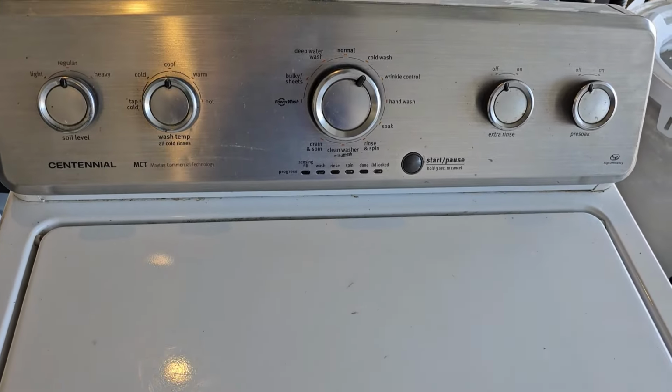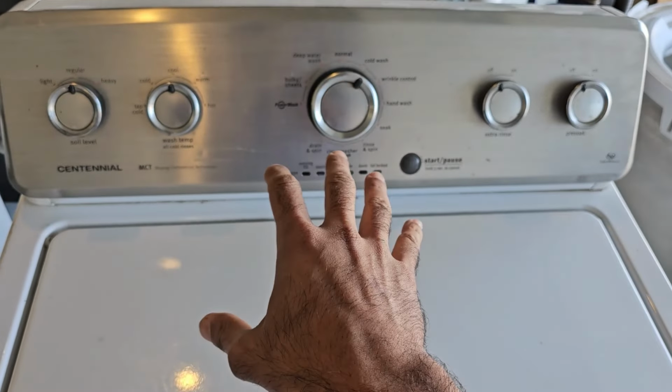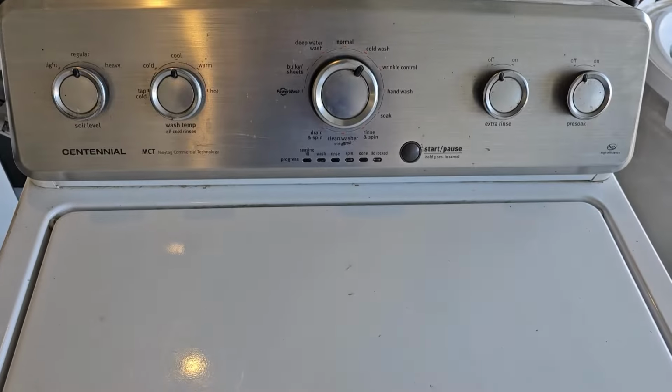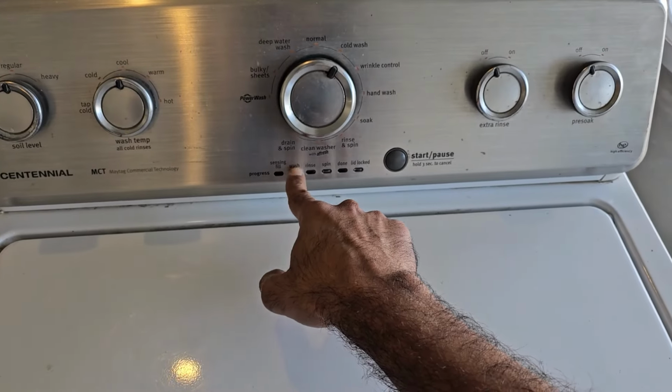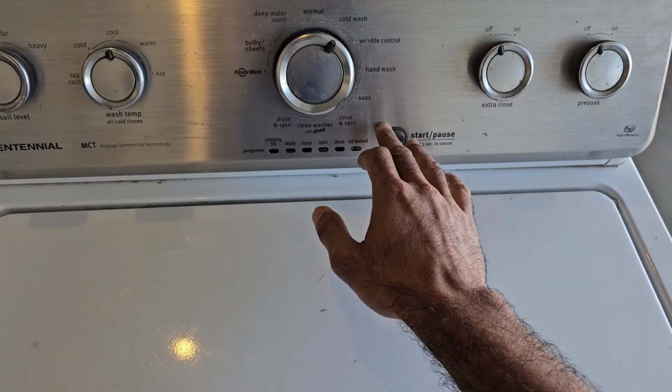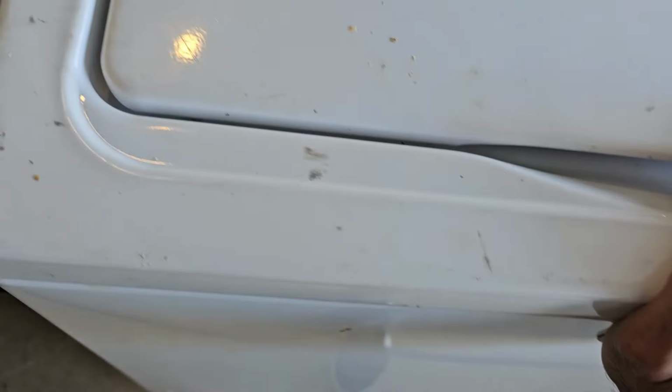Now you may be wondering, hey, this is a Maytag and the washer we're working on is a Whirlpool, but that's not an issue because Whirlpool is the parent company of Maytag now. They're pretty much all the same thing. So the only thing you need to make sure is that it's got these 6 LED lights and a pause play button, and also you want to go ahead and put this washer